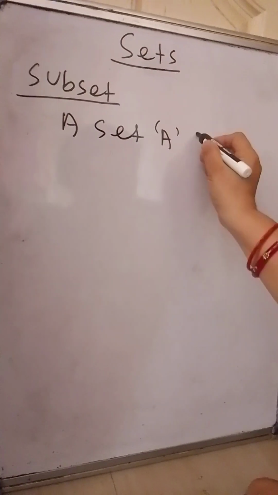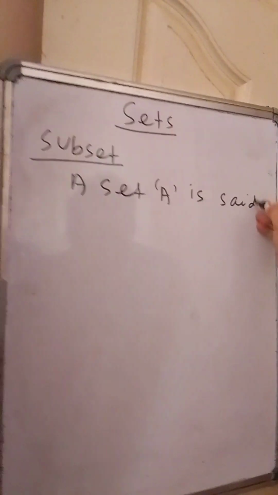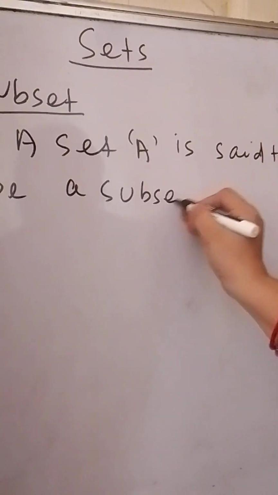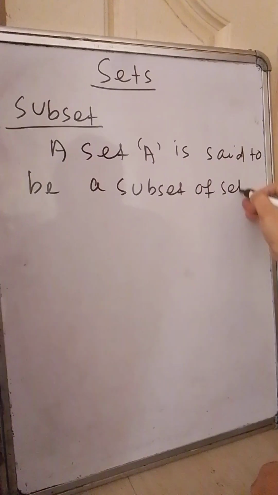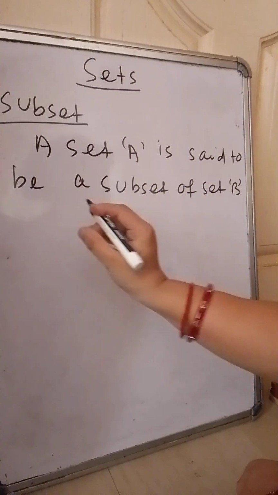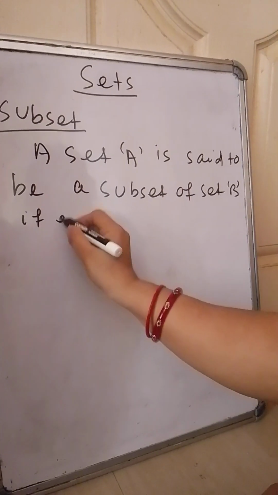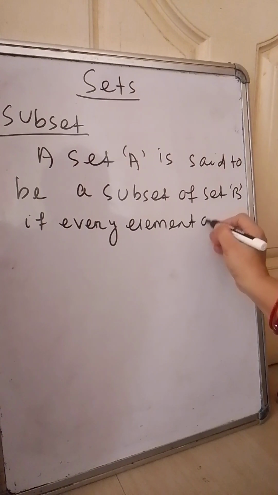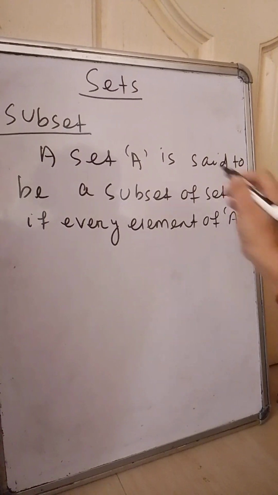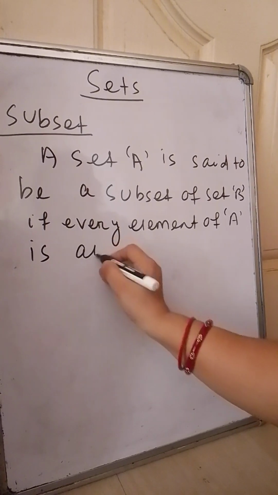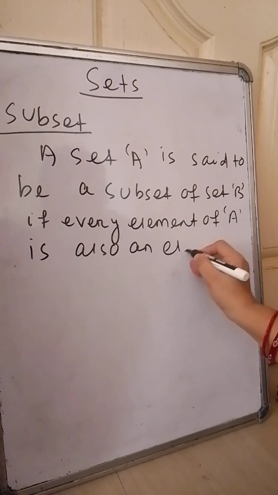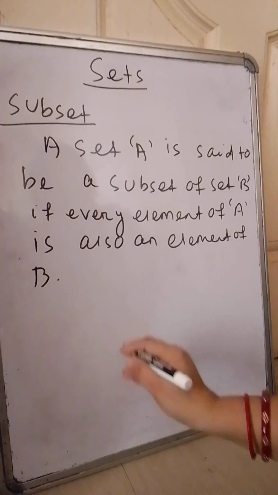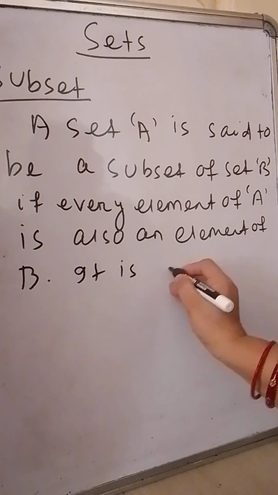A set A is said to be a subset of set B if every element of set A is also an element of set B. It is denoted mathematically as